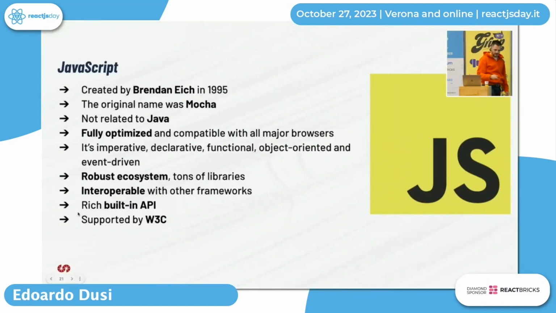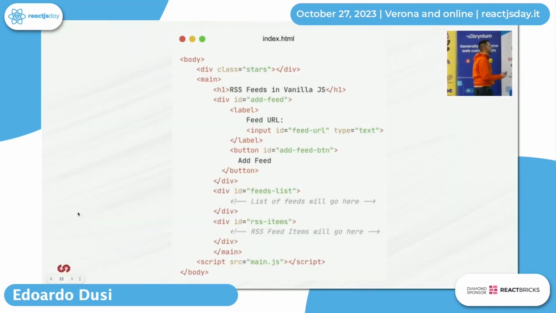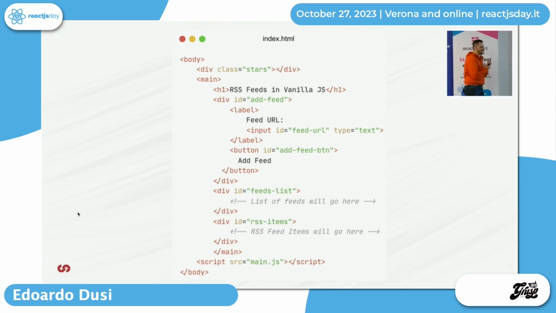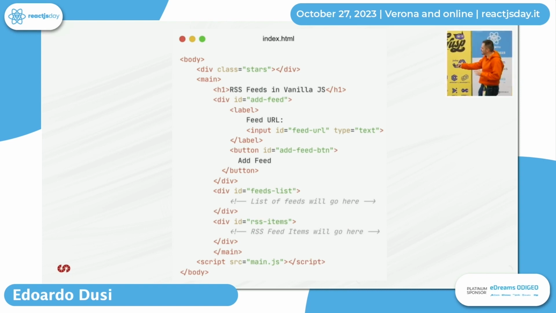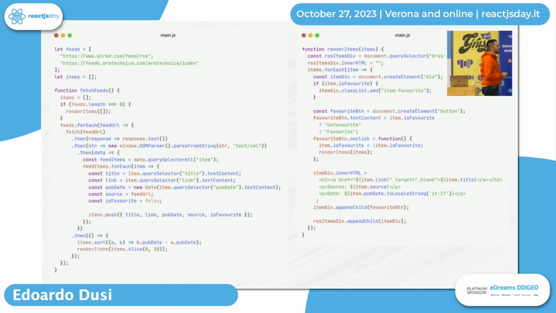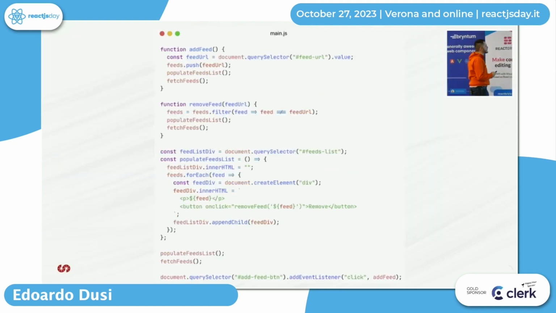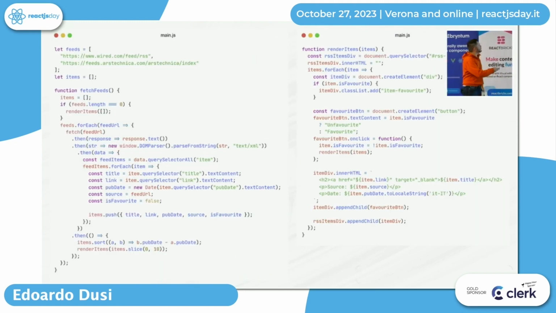I have proof. This is the code. Look at how simple, how wonderful this code is. It's just plain HTML. So you write your HTML and you write your placeholders here to get your data and display your data here. And this is the code. Let's start from here. You declare your variables. That's your state, your component state, your feeds. Then you fetch feed. Don't look at the quality of this code, but it's good.